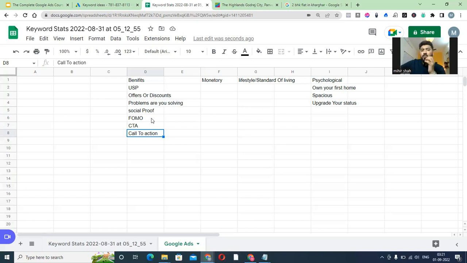You need to tell them what is the next step. And when I say next step, the next step should not be "click on the ad." If, for example, you want them to book something, it should not be "book now." It should tell you what will happen if you book now. Let's say, for example,